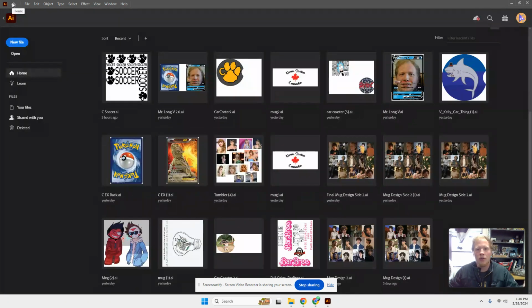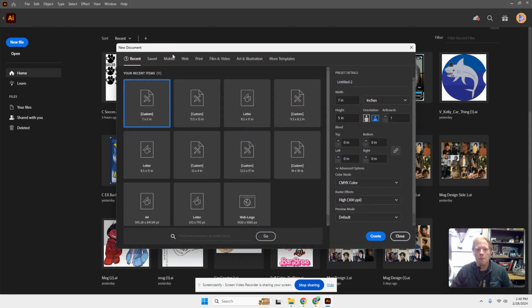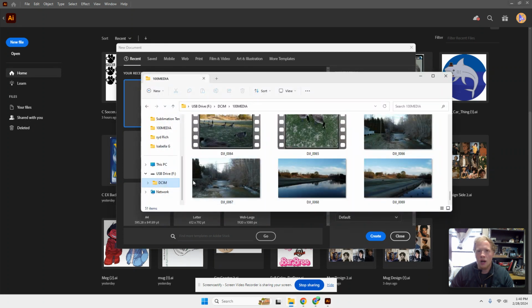So when you start off, right, when you first open it up, it's going to kind of look like this, and you're going to make sure you click New File. Okay. Now when you do this, you can see I've already done this previously. You're going to change this, and you can rename this Photo Submission, however you want to do this. All right, but what you want to make sure you do is choose which orientation you want. But mine, as you can see here, is a horizontal, all right, or landscape